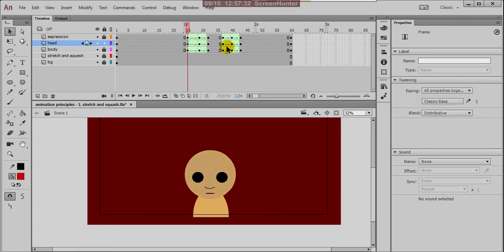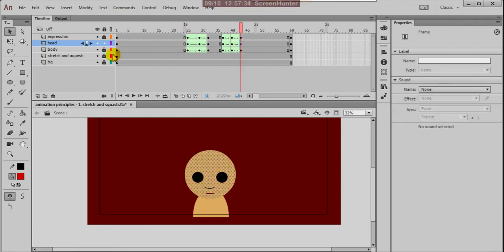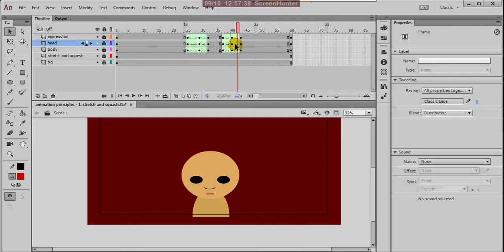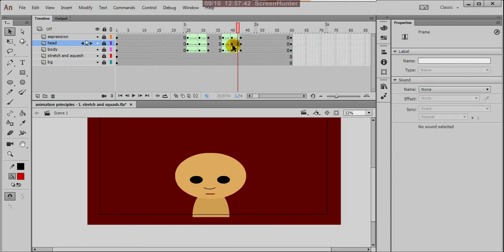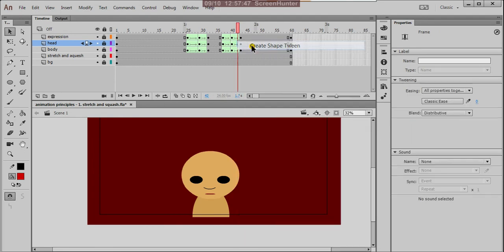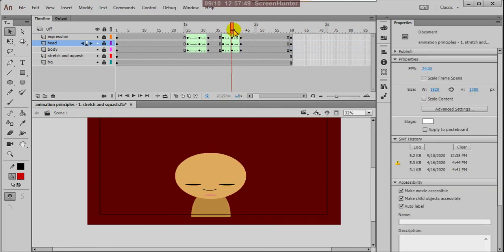So I copied and pasted here. In the same way, between this and this I applied a shape tween. So between this bit squashed head and this normal head, the action is applying.